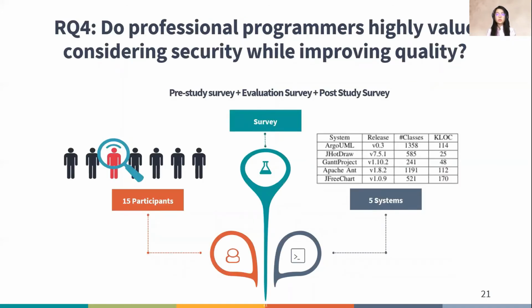So we evaluated our study using 5 systems that we see here in this table. These systems have different sizes and domains, and 15 software practitioners participated in our survey. We performed a pre-study survey to collect background information about the participants. We also did an evaluation survey to evaluate the solution generated by our tool and its impact on both quality